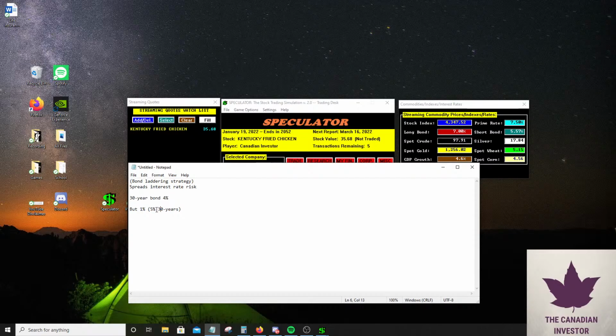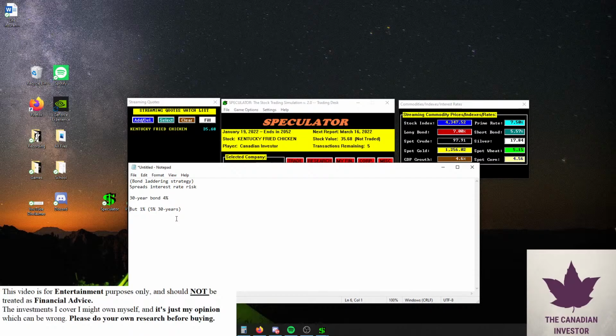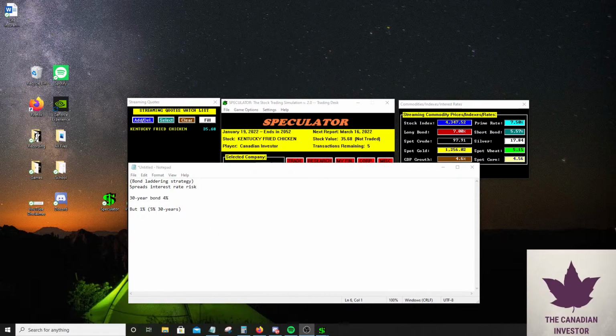Whereas with a 1-year bond, if interest rates go up, it's not going to matter because your bond's going to mature in 1 year. Whereas with a 30-year bond, you're locking in your money at 4%. So hypothetically, it doesn't make sense to keep that bond. Personally, that's how I like to think about it, because you're locking your money in for 30 years at 4%. So there's a lot of risk with that. Unless interest rates are really, really high, I'm not going to lock my money in for 30 plus years.